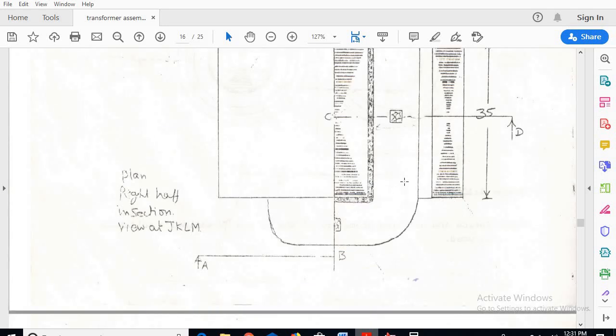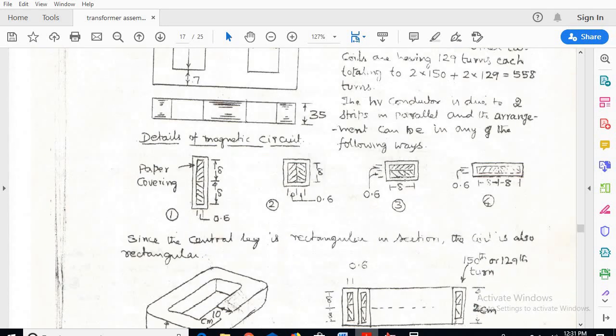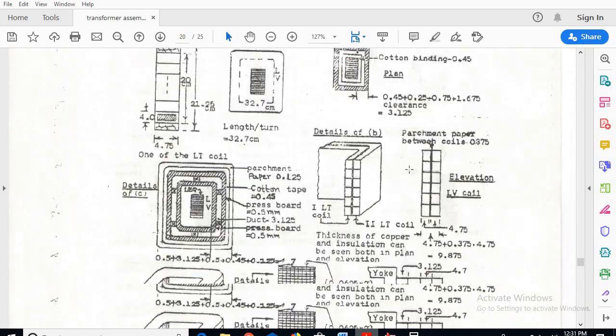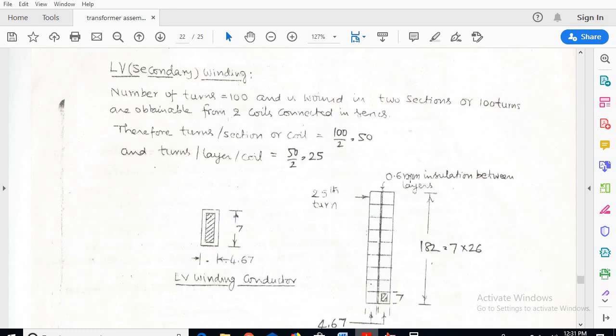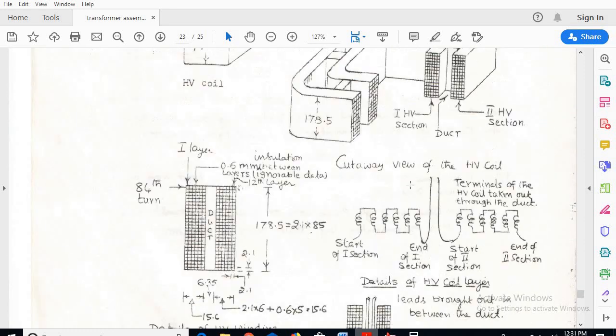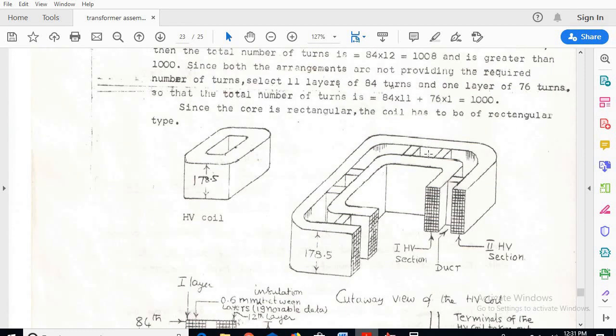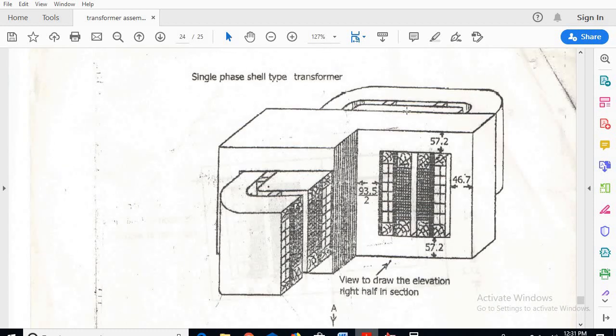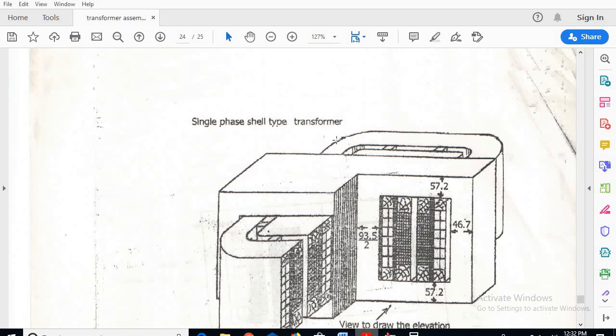Okay, so why? Because when you see the plan from the top, it will appear in this fashion, so that's why the winding will be extended at the other side. So this is how, if you see, the winding will be extended beyond the yoke. So here also you can see. Okay, so now let us go for the